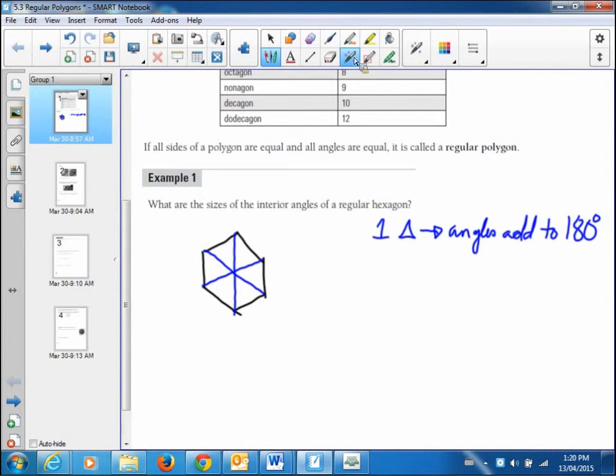Anyways, one triangle, 180 degrees. Now that's something you had heard of before, right? You better have, and you were using it 10 days ago, actually. And we know that we can draw in 6 triangles because there's 6 sides, and it'd be like slicing a pizza like this, right? 6 ways. So, think of it this way. If I add up